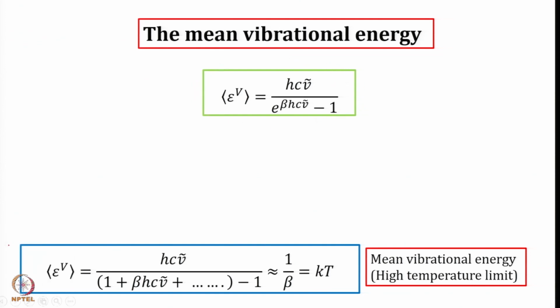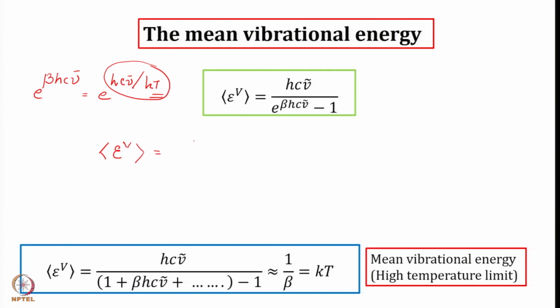The exponential beta hc nu bar is equal to exponential hc nu bar by kT. If the temperature is high, then hc nu bar by kT is going to be a small quantity, and it is like exponential x. If x is small, then you can expand that 1 plus x plus x square by 2 factorial plus so on, keep on going that. Let us follow that. Mean vibrational energy